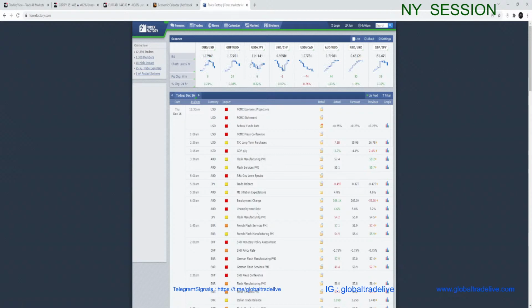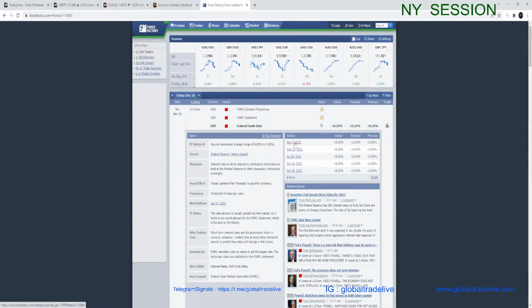Go to Forex Factory, and yesterday there was this interest rate decision, right? So just open the detail, and you will see all the previous dates over here. Before yesterday, the news of interest rates of USA was on November 3rd, 2021. And you can also look at the results. Every time the news comes in, the results remain the same over here, right? So you can go to November 3, and if you click over here,